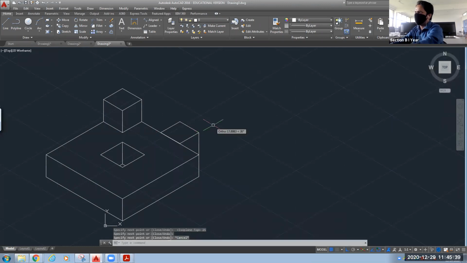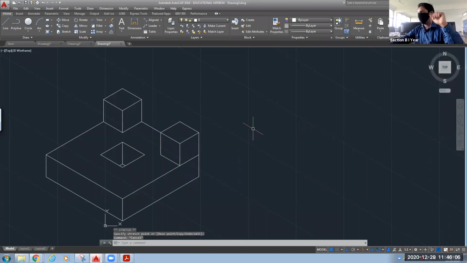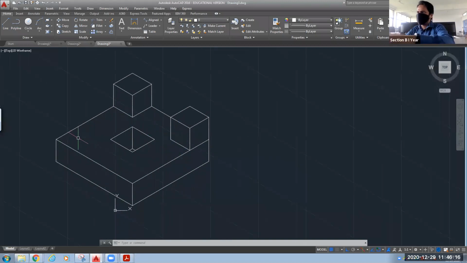Close this. Now come on to this side. Start from this portion, come on the downward direction 25. Again change the orientation on this side, go for 25, and above you close it. Now here also you will not be able to see this line besides this point. Okay, so what you will be able to see you will be able to see only this. Similarly, you can draw on this side also.